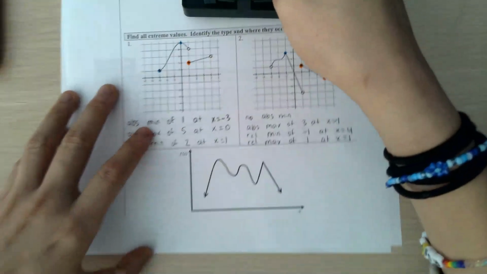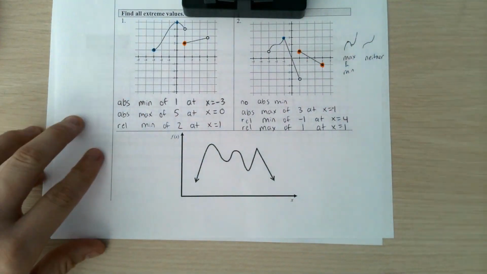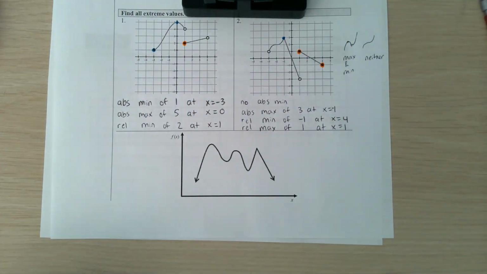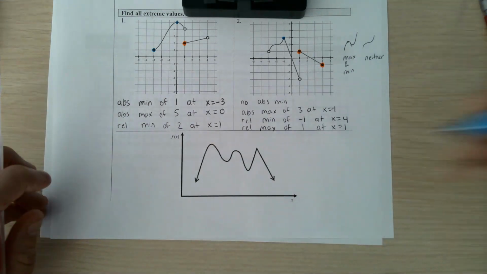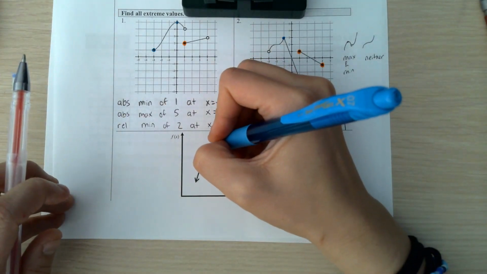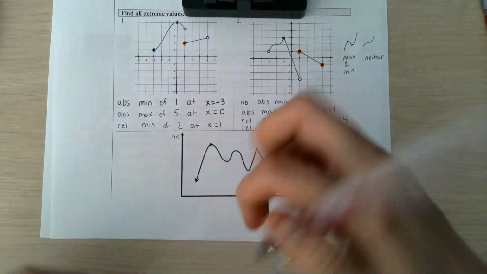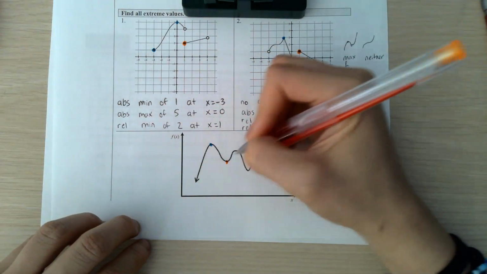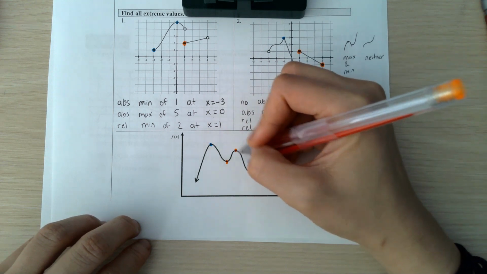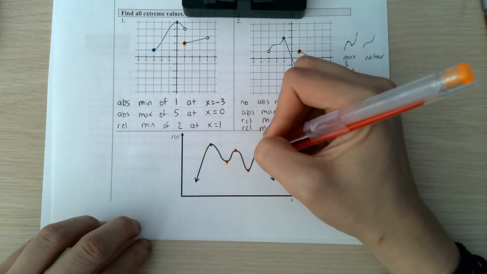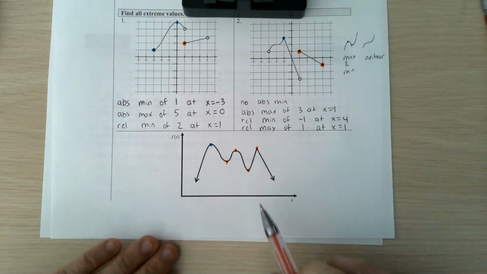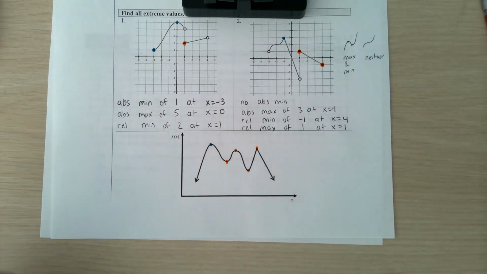So let's look back at this front page and let's look at a picture. If we're looking at all of the relative maxes and mins, let's just draw them at first. It doesn't really matter now, I'll do the absolute, but it's not that important. We have an absolute max, a relative min, relative max, relative min, relative max, and then there's actually no absolute minimum here because the graph keeps going down forever.